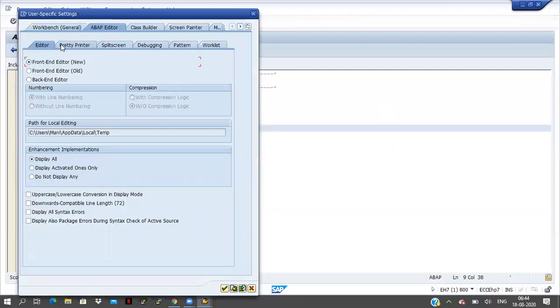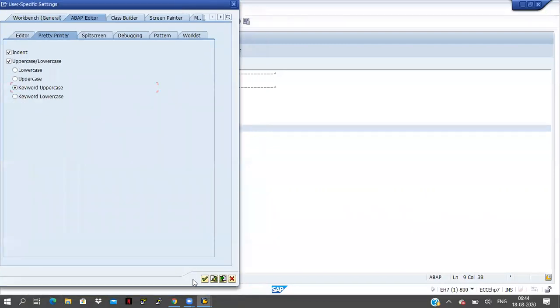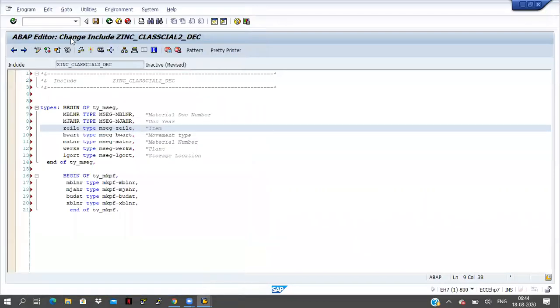The pretty printer option is there, with uppercase, lowercase, indent. Some settings will be there, so we have to save the settings here and save the program now. Click on pretty printer as of now. Here all the keywords are coming in capital letters and the remaining code is coming in small letters.